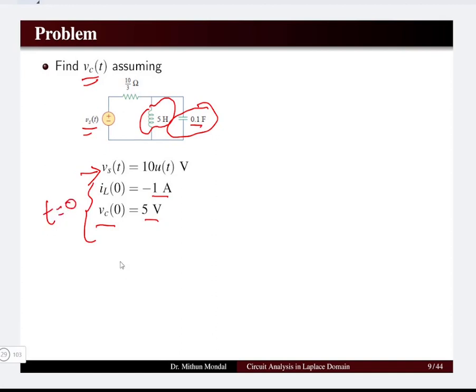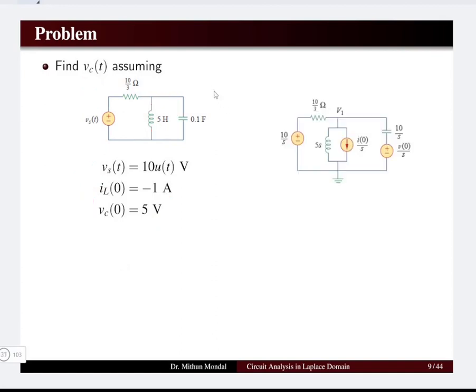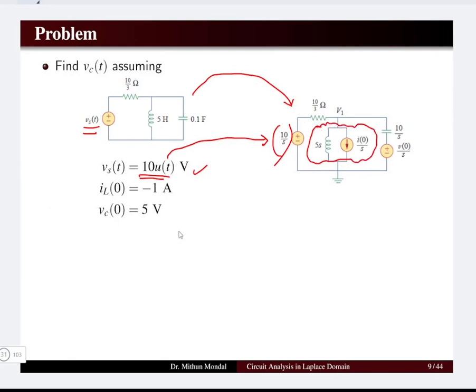How do we determine the capacitor voltage? So again, this circuit will be broken up into the frequency domain, where the input voltage will be converted to the frequency domain as 10 by s, because 10 u of t will give me the Laplace transform as 10 by s. The inductor will be obtained as one inductor in parallel with a current source, and the capacitor can be represented as one capacitor in series with a voltage source, considering the initial current and